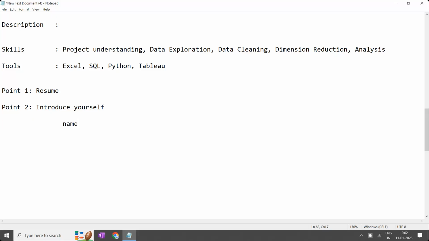Okay, name first, followed by education. "Sir, I have completed my BSc in the year this one, with the percentage this one." Okay, they'll think that introduction means this. Arey, this is not introduction. This is not only introduction. "My father's name is this, my mother's name is this, I am from this place." Who asked all your family details? You are not here for marriage purposes, right?